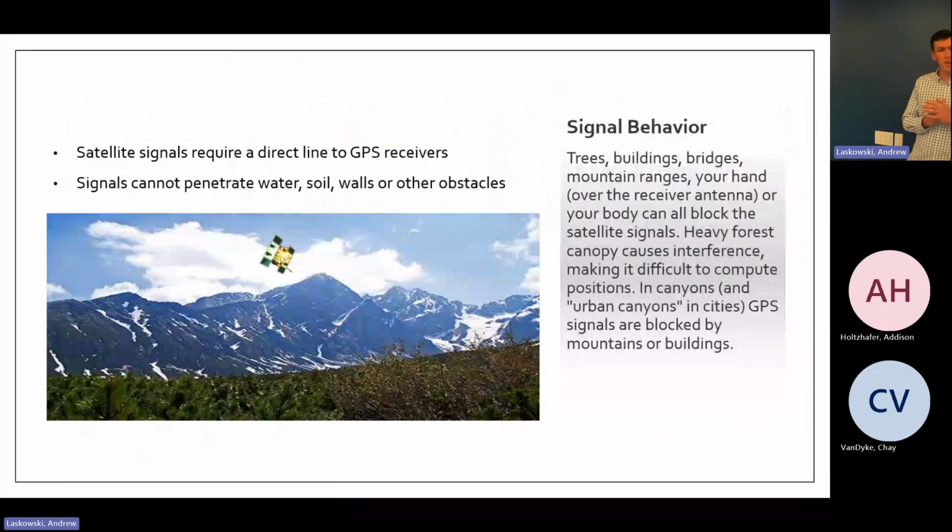All right, so to get a good signal, you have to have a direct line to a GPS receiver, meaning you don't want to have any obstructions. If we did the same experiment with the precision of your GPS devices in this room, I would expect it to look a lot worse because the radio signals are coming through the ceiling of Romney Hall, right? You have to remember, you're getting the satellite signal from space. It bounces off things. It can be blocked by